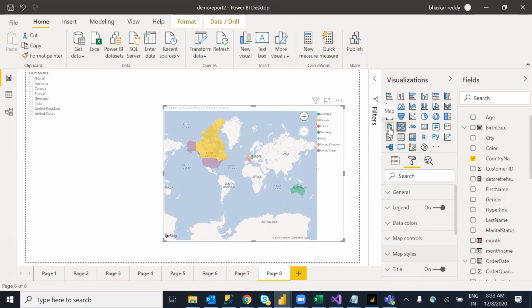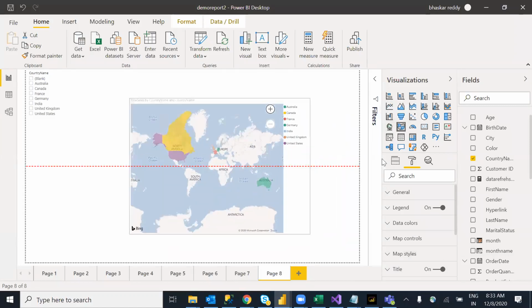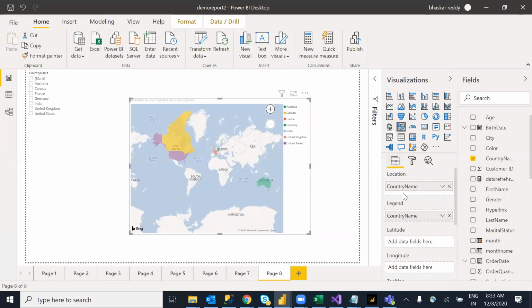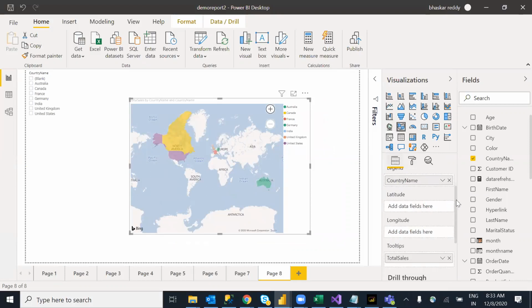Based on value, based on sales amount, if I want a bigger size, that is the map visualization. The filled map just highlights your area. Here we don't have any such property. Latitude and longitude, the values option is not there at all. If you want a tooltip, when I mouse over I can see the values. That's it. This is a filled map, guys.